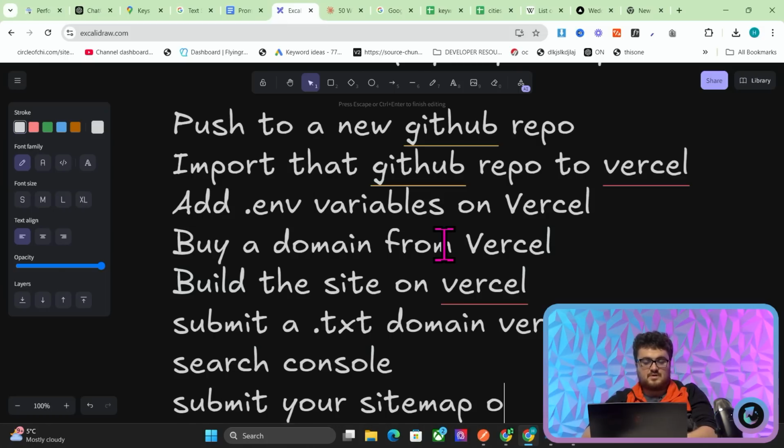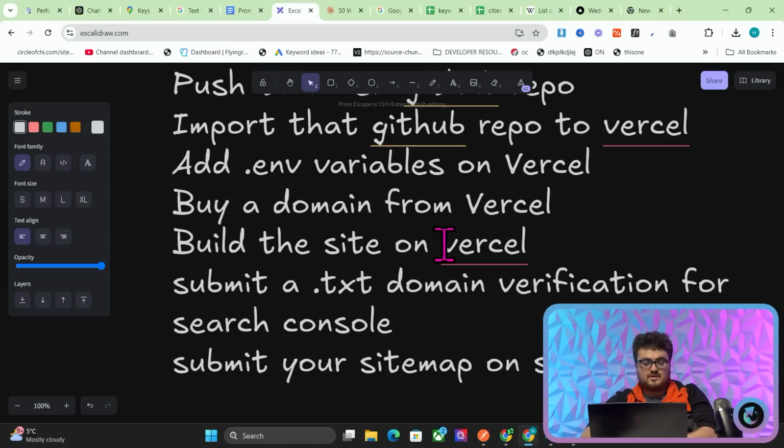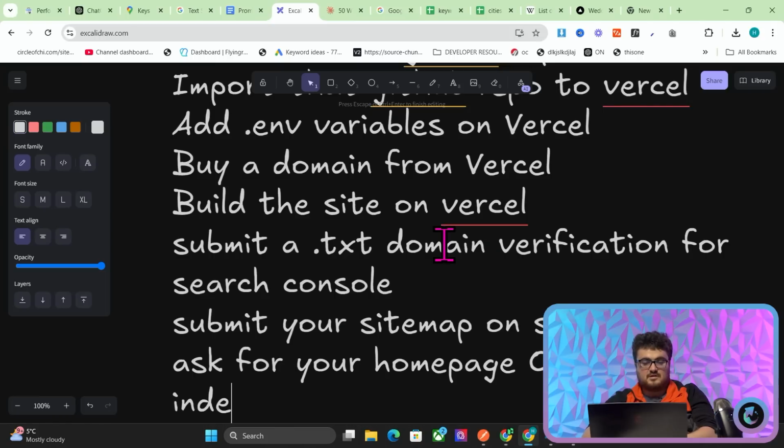Submit your sitemap on Search Console, and then ask for your homepage only to be indexed, and the /cities and